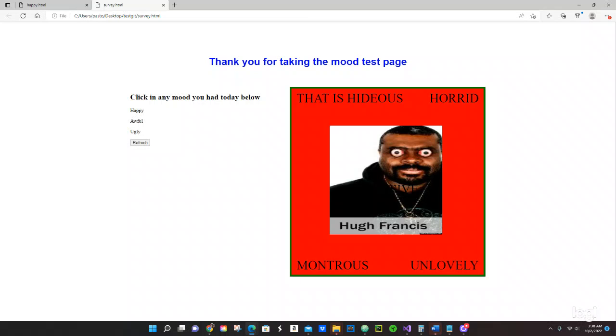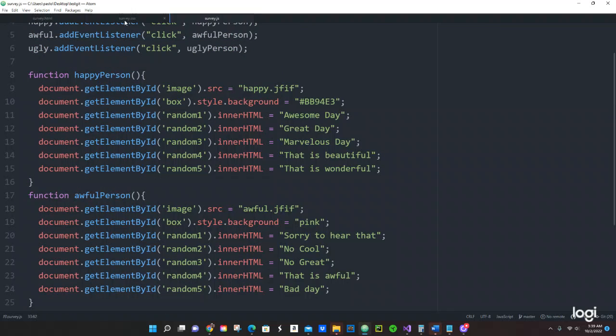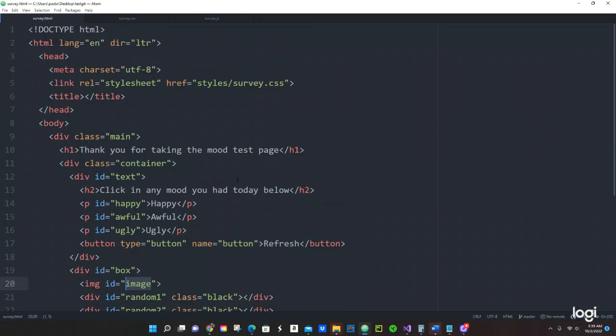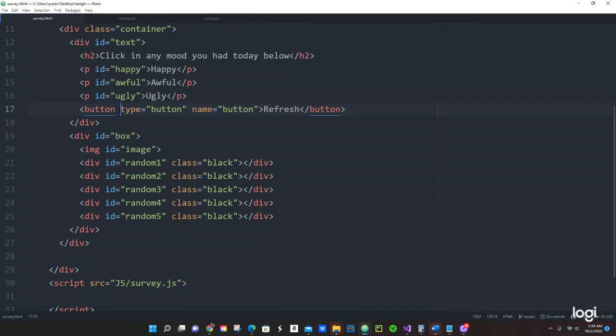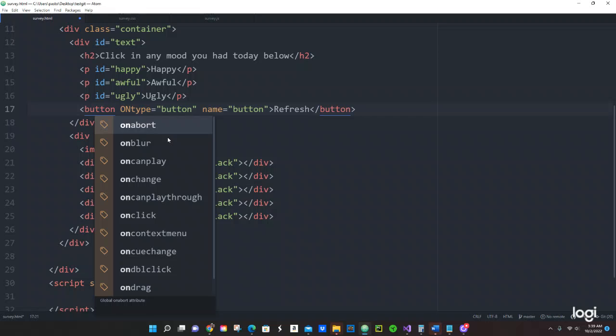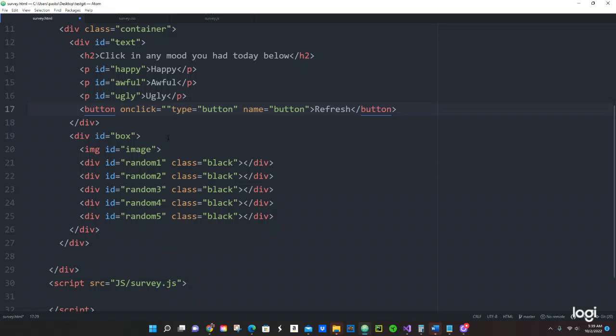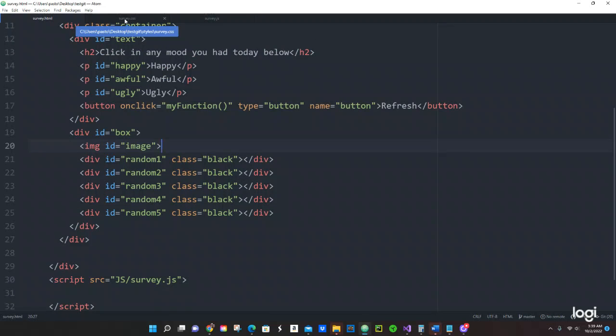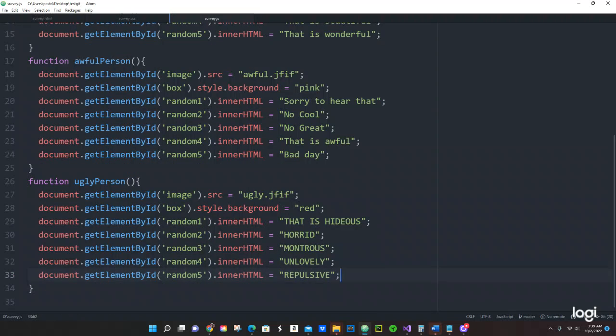Okay, so let's see what we have in here. What is the button? Okay, right here we gotta do onclick. No, capital one, onclick. Let's do this. Okay, we got onclick and we want to call it myFunction. Parentheses, save that for now in here, and now let's go to our JS and we're going to add it right here,